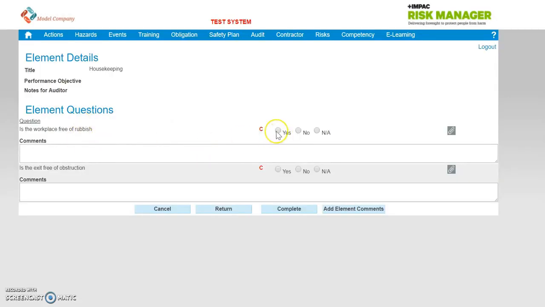Answer the questions again. Provide comments if required. And if you do not want to complete the audit at this time, you don't want to go on further, or you don't want to make any decisions at this point, you can return and your questions will remain intact, or you can cancel and your questions will be returned back to no answer. We'll complete,